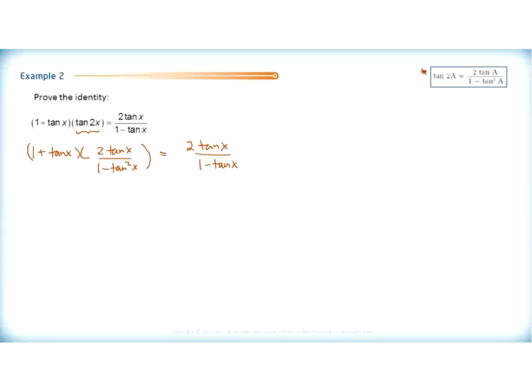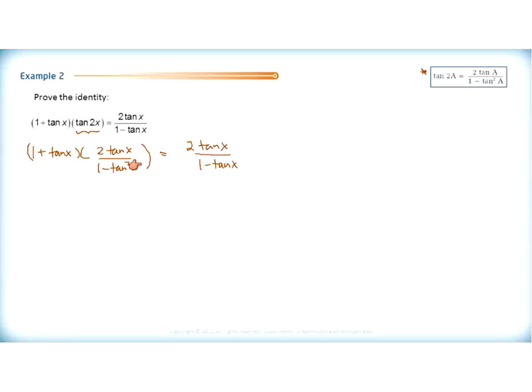Now if you look at the two sides of the equation, you've got to start thinking, how am I going to get both sides equal? What do I already have? Well, I've got a 2 tan x and I've got a 2 tan x, so that looks pretty good. But my 1 plus tan x has got to disappear from here somehow,